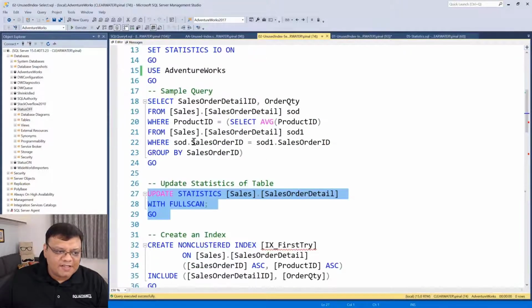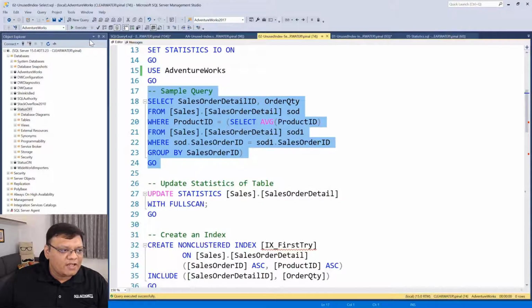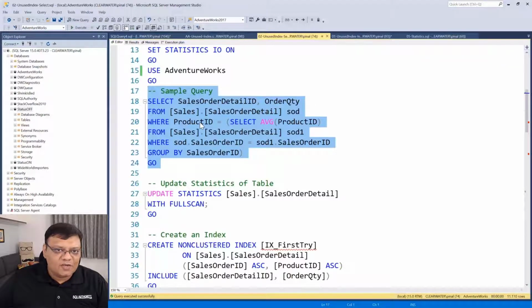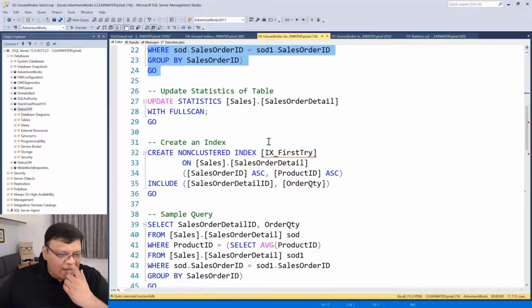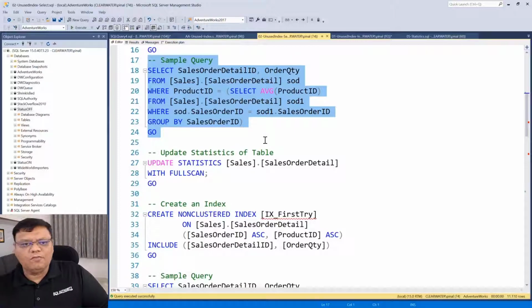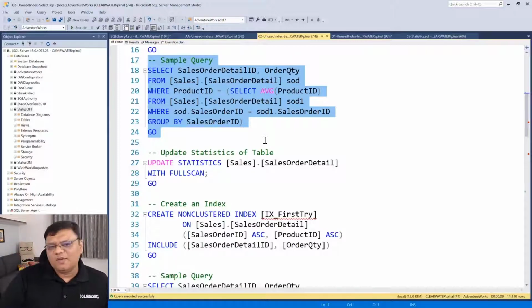All right, I updated the statistics and I go and check the execution of the query. When I look at this, it says same numbers, guys. So yeah, update statistics doesn't do anything right now. So I am going to create an index on this one. Now the best practice says always create index on the where clause, isn't it? So I think you guys have to help me out to create index on the where clause.